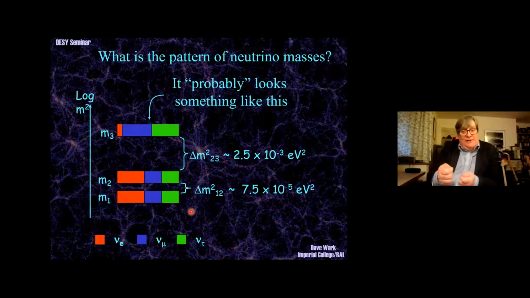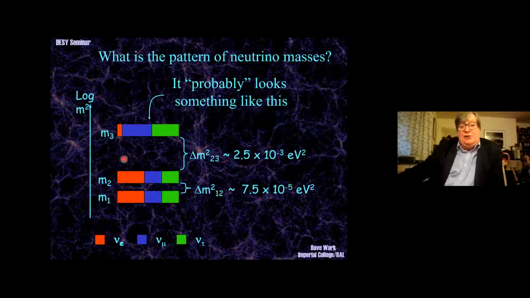And the total weirdness, welcome to the world of quantum mechanics, is no rule says those two groups of three things have to be the same thing. They are in fact a mixture of each other, okay? So the colors show you the mixtures of the nu e, nu mu, and nu tau that go into the nu 1, nu 2, and nu 3. And this sort of shows the pattern of their masses. There's one small splitting here of 7 times 10 to the minus 5 eV squared, and a larger splitting here of about 2.5 times 10 to the minus 3 eV squared.